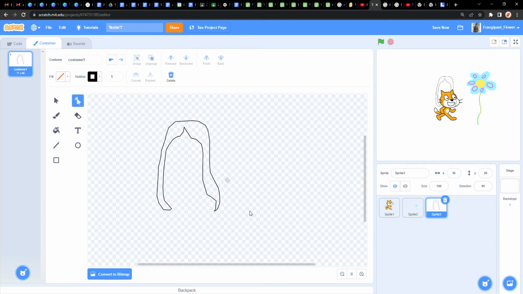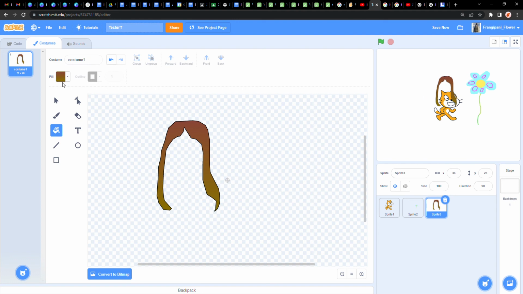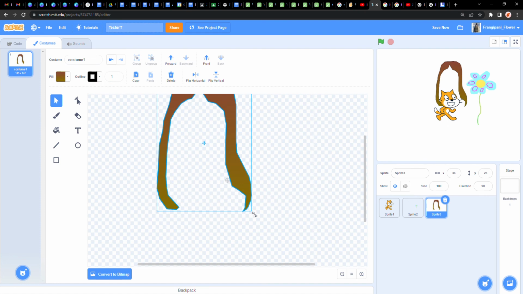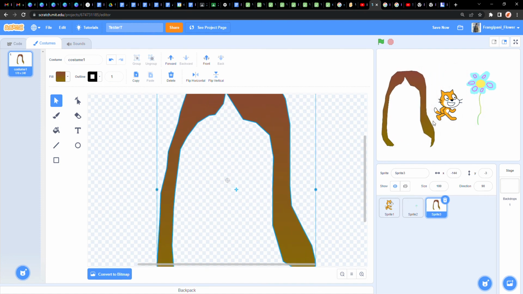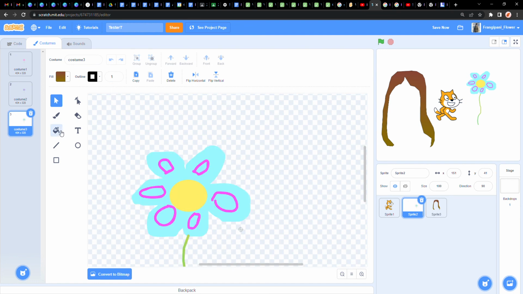So if you want to make the fill a gradient like this, you can make it. So if you want to make it brown to light brown or something. Okay, so yeah, that looks good. So that's how you make a gradient like that. So it'll look really cool, like hair dye, and you can do that with almost anything else. Like, let's change